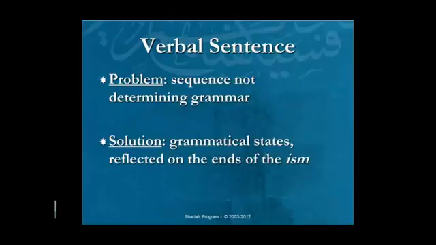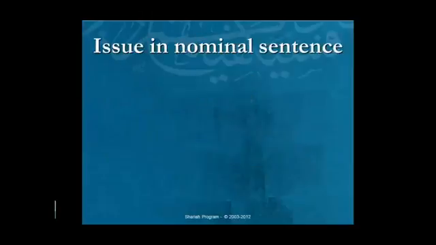Having these mental constructs, that's what they are. Rafa is a mental construct, and so is nasab, and so is jar. And taking the roles that the ism can occupy within the sentence and assigning them across the 3 states. So subject belongs to Rafa, object belongs to nasab, and the reflection for Rafa is dhamma, and the reflection for nasab is fatha. So they look different. Literally, it's like he, him, and his. So that's how the problem of sequence is solved.